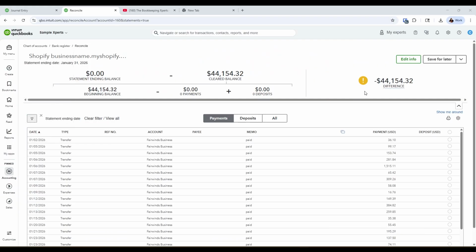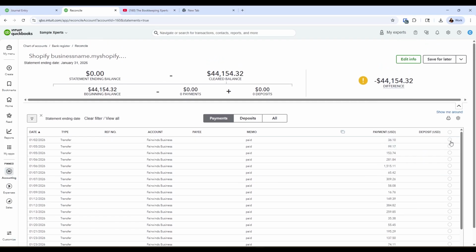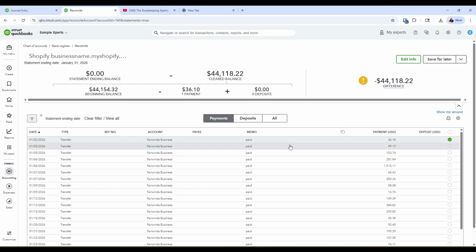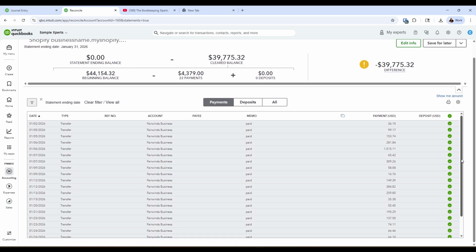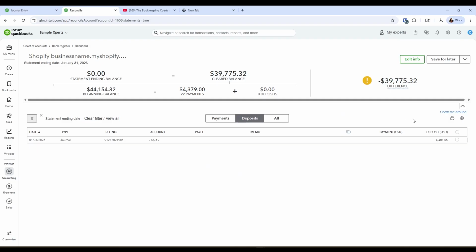And we're going to go over each of those transactions, and I can verify and make sure that they are all here. Okay, and after verifying that everything is here, you can go ahead and make sure that everything is selected here, that it was deposited. This is all the payments that we already received. Okay, and the deposit should match our